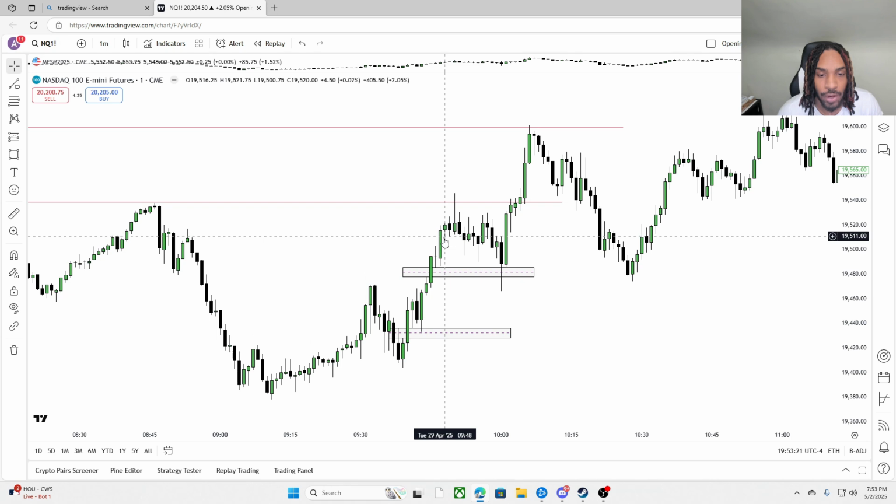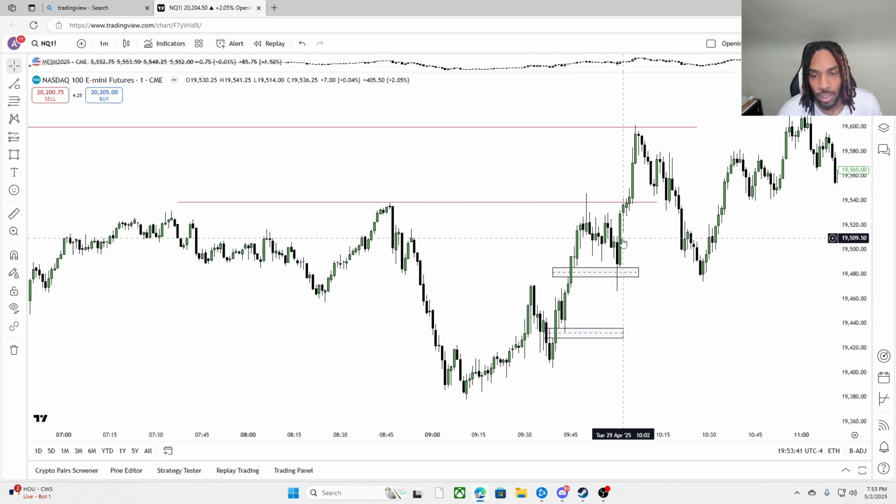Price created these fair value gaps. You got a fair value gap right here. You got another one inside of here. When you have two fair value gaps back to back, you allow it to trade into the second one. So your stop loss should be under the fair value gap low of this second fair value gap. And then at 10 o'clock, which is the reversal time, which we didn't grab the buy side. So at 10 o'clock, I'm expecting 10 o'clock to hold these fair value gaps.